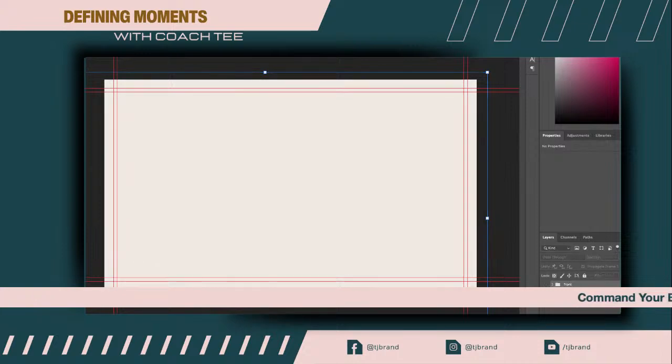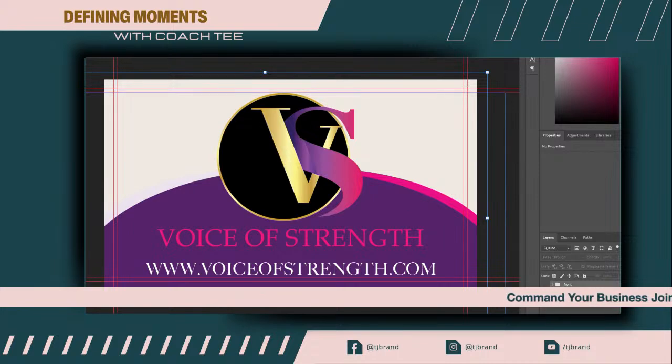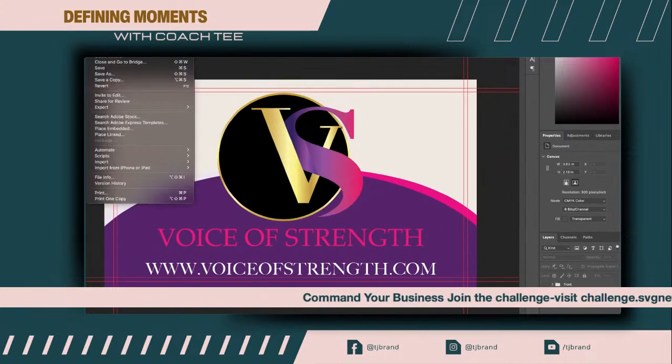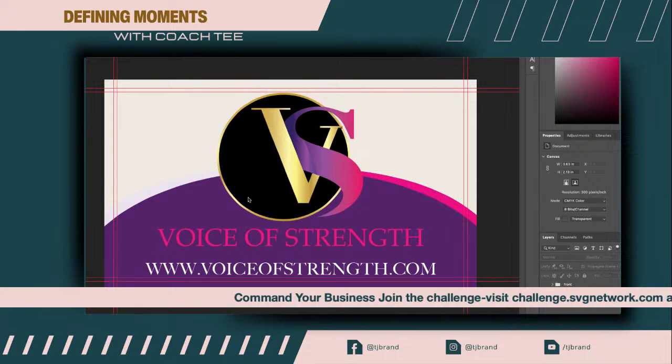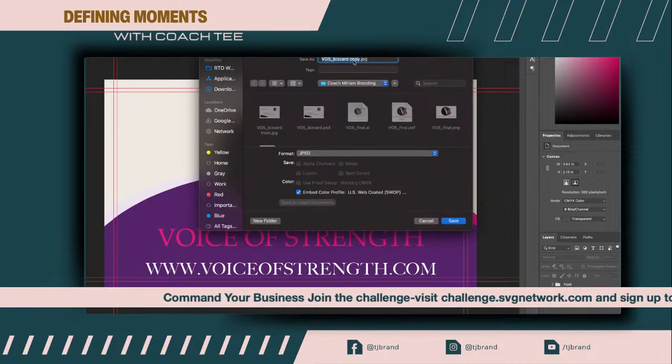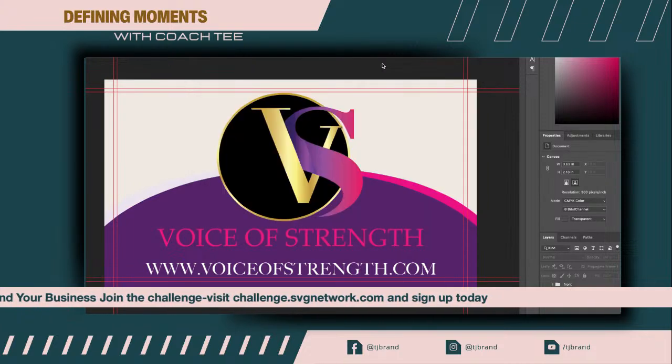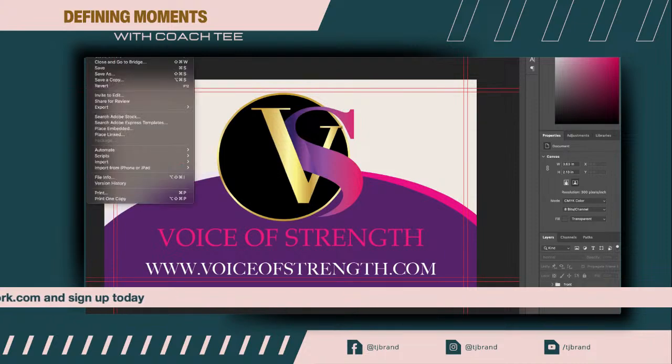I'm going to turn that layer off, and I'm going to turn back on my back layer. I like this so much better than the pink. Okay. That we had. And then we're going to go ahead and save the back of the design. Okay. And so you have completed designing an actual business card, right?